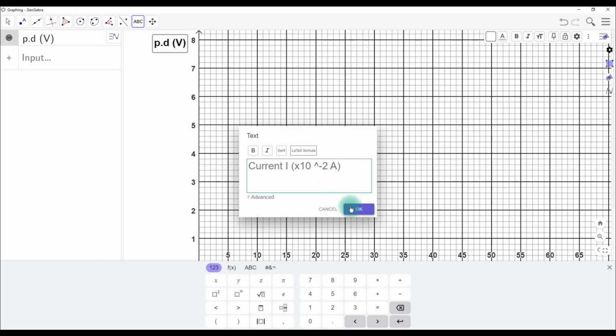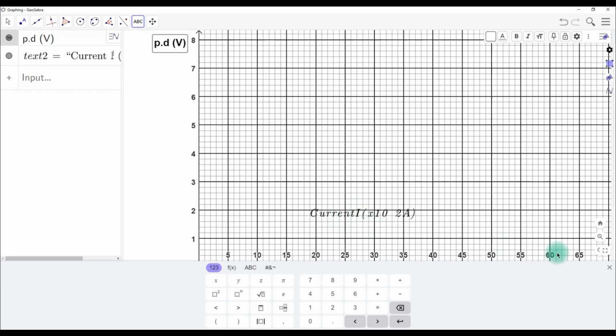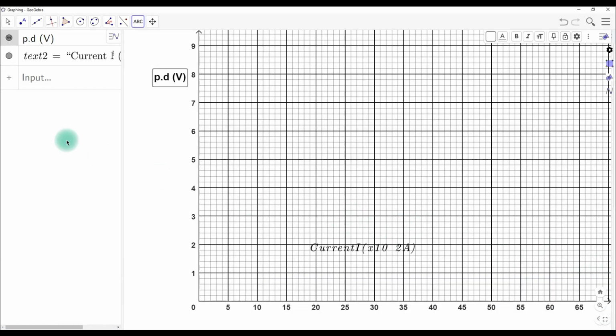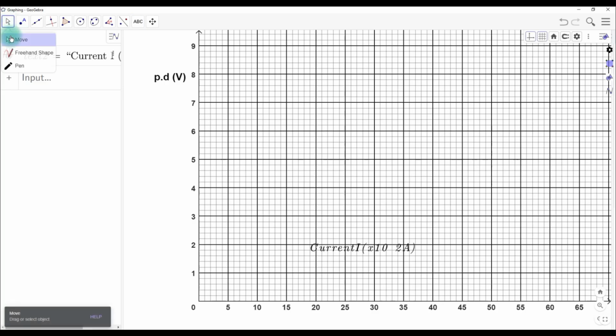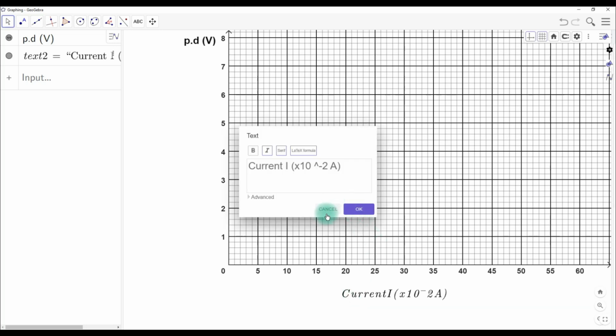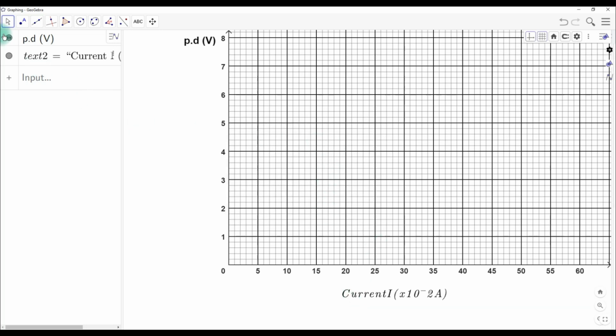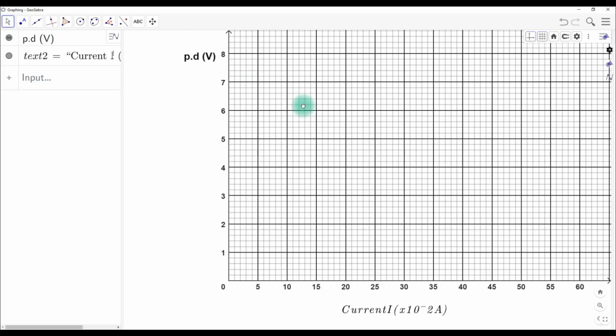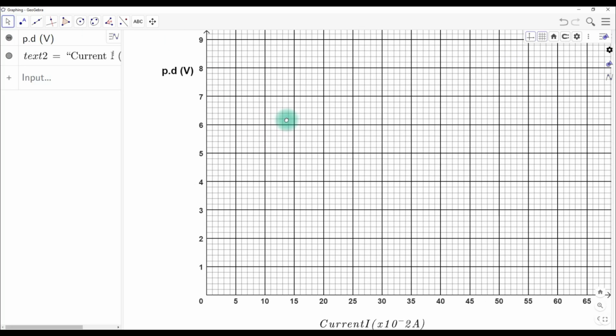Is in amperes. So I click OK. Now I'm going to just move this a bit, then I place it there. That's okay. Now something else I just have to explain about, we can also be able to